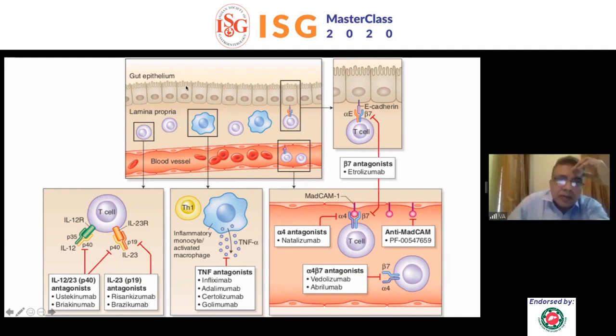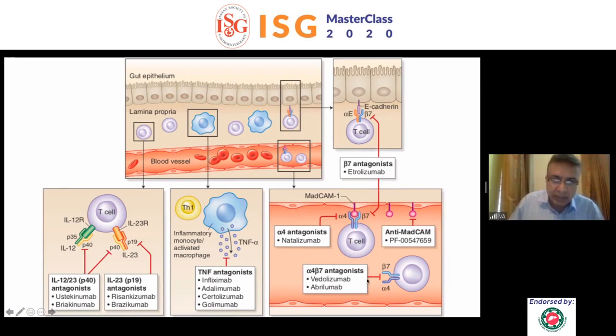Okay. So now biologics. Let us be clear about monoclonal antibodies. First, you have macrophages. Macrophages release TNF-alpha. TNF-alpha antagonists we all know: infliximab, adalimumab, golimumab, and all. Then subsequently it was seen that lymphocytes need to cross the endothelium so as to reach the site of inflammation. They have to attach to receptors on the endothelial wall. The T cells have receptors on themselves known as alpha-4 beta-7, and they attach to MADCAM receptors on the wall, and if they attach to them, they roll through the endothelium and go to the site of inflammation. So if you block alpha-4 beta-7 with vedolizumab, you can block the lymphocytes from reaching the site of inflammation.